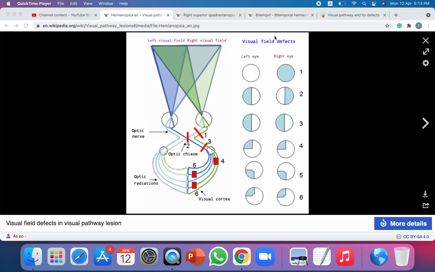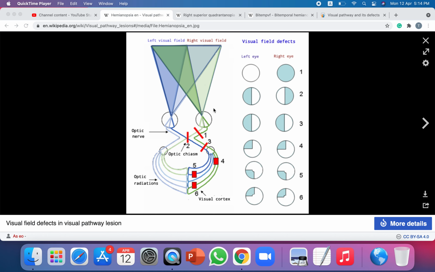So today I am here to discuss the visual pathway defect. This is a very common question in MRCPCH part 1, part 2 and also in the clinical part. To understand the visual field defect, we must understand that in our retina there are two kinds of fibers,